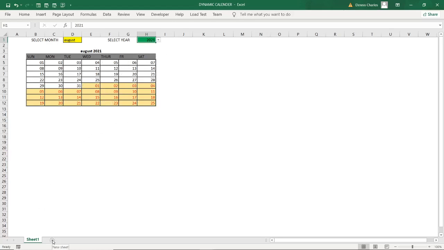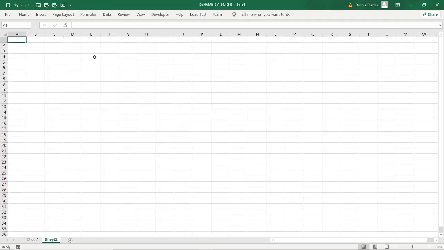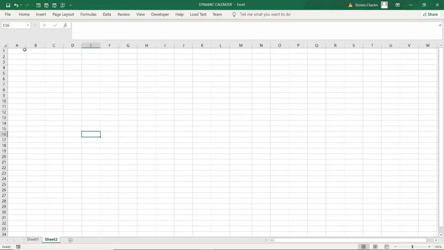I want to open a new sheet, so that in the new sheet I write here, select month. Remember, these two cells I cannot merge, because if I merge them, they will affect the structure of the cells, which would affect the working of the formulas.